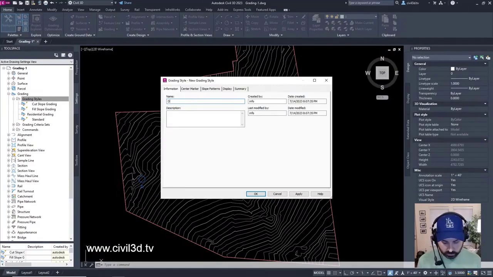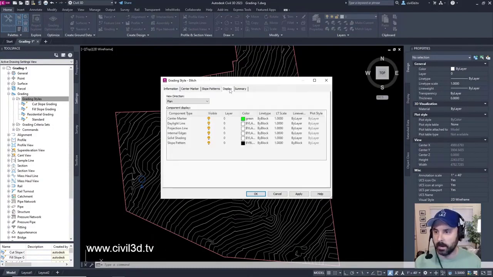We're going to type in ditch for the name, and you can put in a description if you want to. We're going to hold off on that. Click the display tab. We're going to change the color of the daylight line.